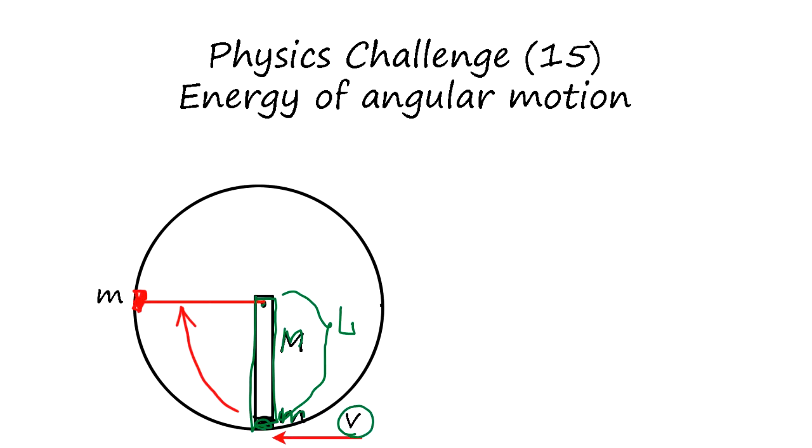Then it moves up to the horizontal position and comes back, right? So what was the initial velocity we gave in order to get up to the horizontal position? That's the question. First of all, this rod's moment of inertia is 1/3 ML squared, and you know torque is I times angular